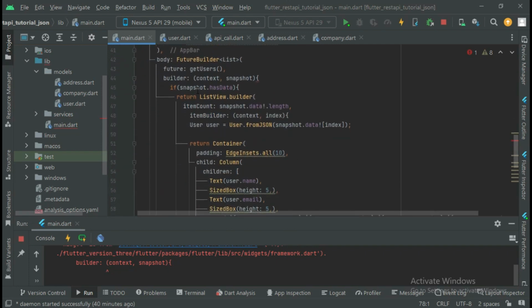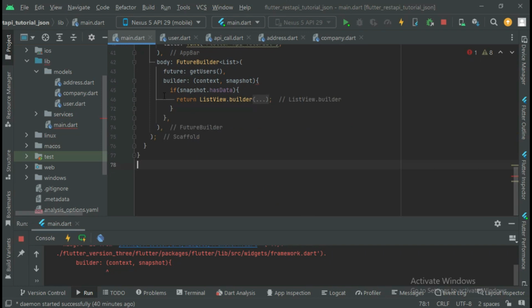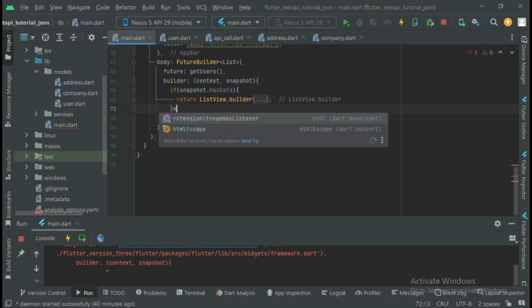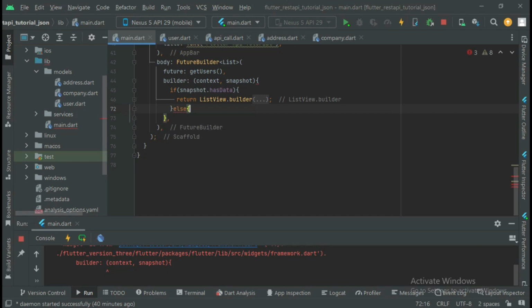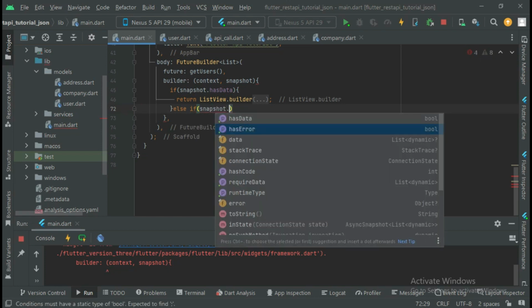So if you check here now, we have an if statement. You say if snapshot has data, get all the information as in a list view. So we'll now say else. If there is an error, we'll now say else if snapshot dot has error,